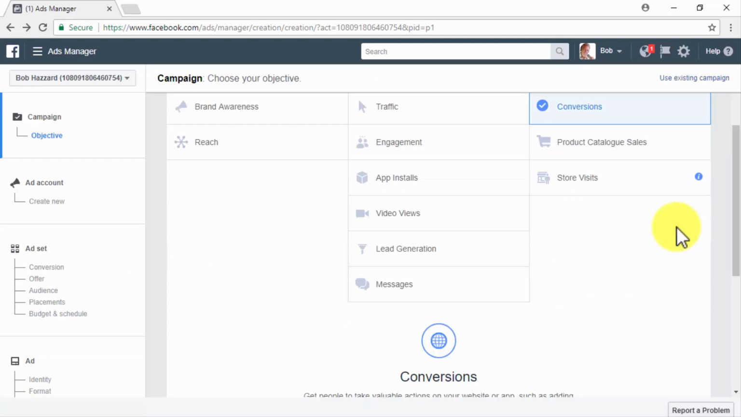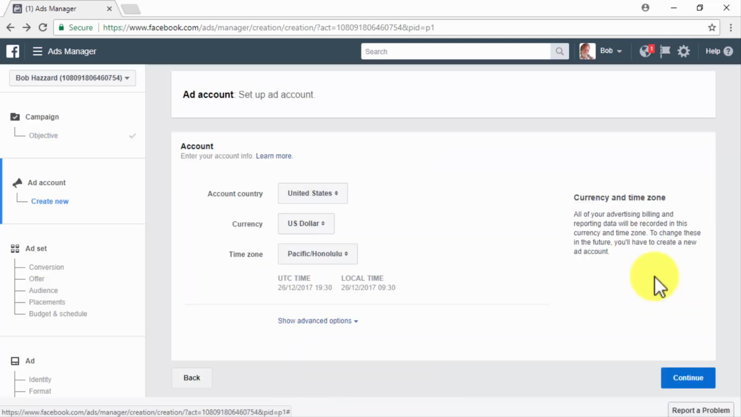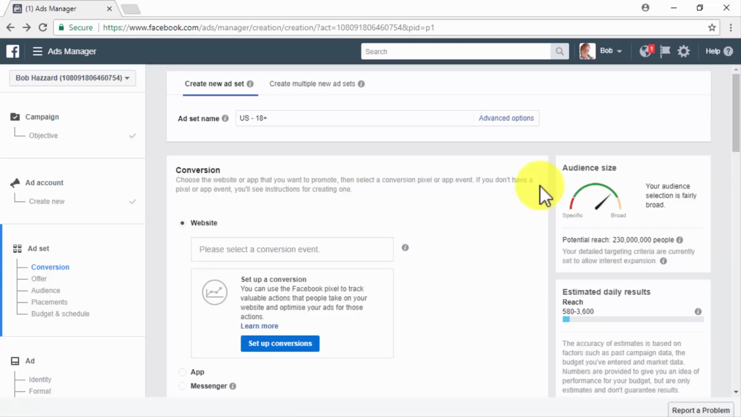Once you have selected your objective, you'll simply have to scroll down and name your new remarketing campaign in the campaign name field. Then click on the Setup Ad Account button. In the next page, you will simply have to specify your account country, your currency, and your time zone if you haven't done so already. Then click on Continue. Now you will be taken to the Ad Set page, where you will need to select the page you will be using to promote your ad, to set up your audience, your ad placements, your budget,